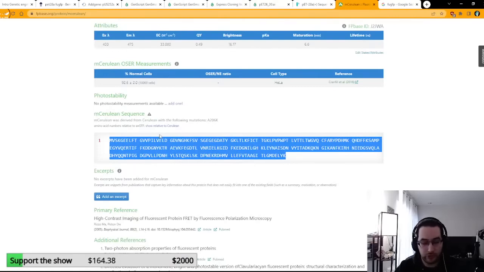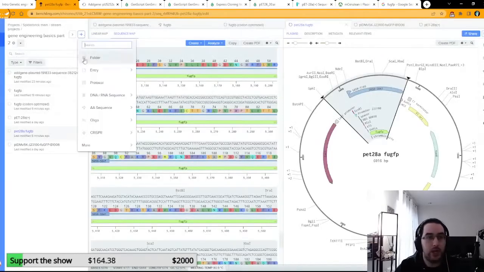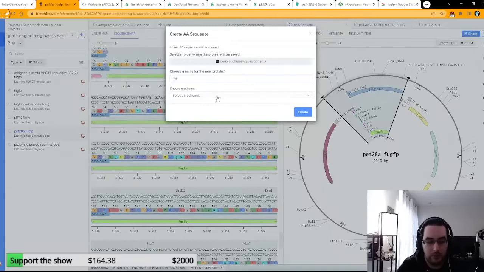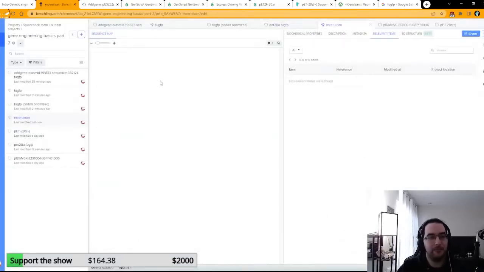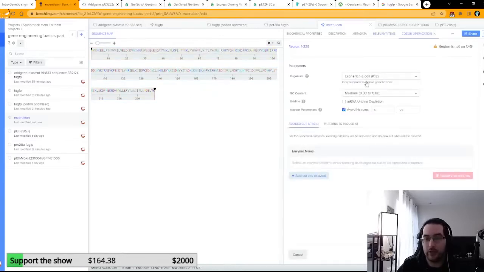So let's just do this really quick, just for the sake of the exercise. So I just copied that. I just pressed Control copy. Then you can go back here. You can go new amino acid sequence, new amino acid, cerulean. I'm bad at spelling, but let's pretend that that's what it is. And then you can just paste that in. And then you can do exactly what we did before, which is highlight it. Oops. Got to click directly on it. Back translate,